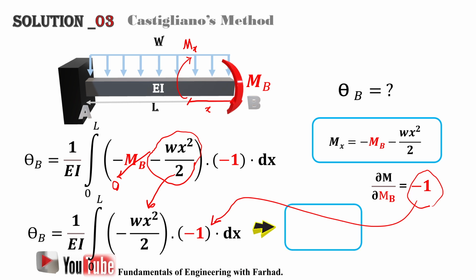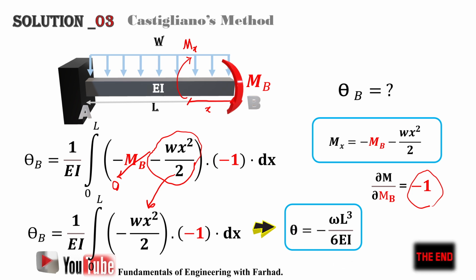And if you do the math, it gives you theta equal to negative wL cubed over 6EI, which we calculated with the integration method, the same parametric value, and also